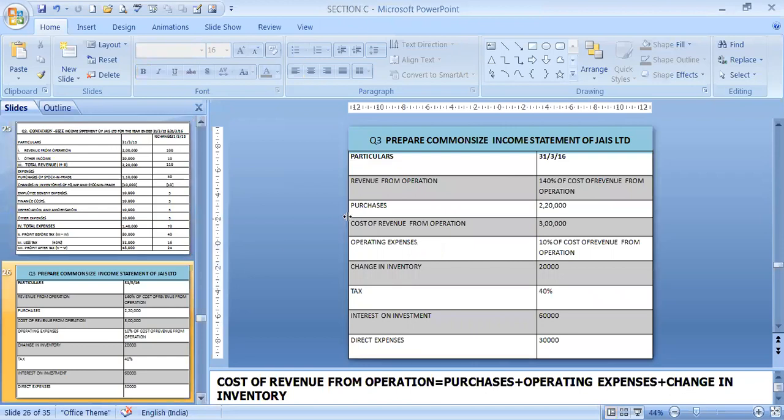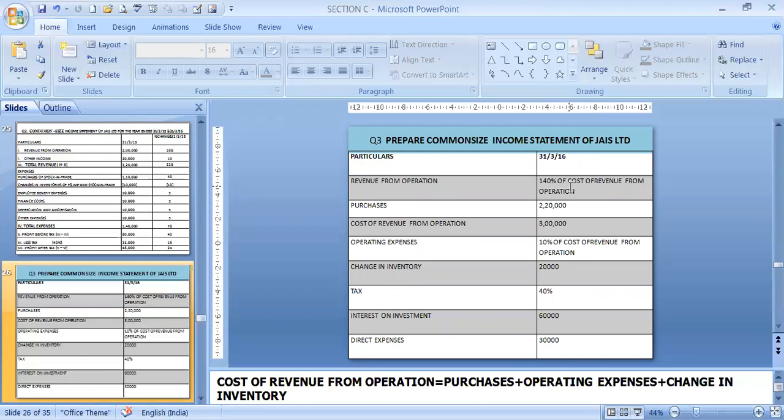Next, one more sum, students. This is again one more variety of sum. See, over here also I have given only 1 year. They can give you 2 years, 3 years, anything. But 1 year is also possible to do, not in comparative, but in common size. In comparative, you require 2 years' figures or 2 companies' figures, either intra-firm or inter-firm. Intra-firm means the comparison within the firm, that means two different years.